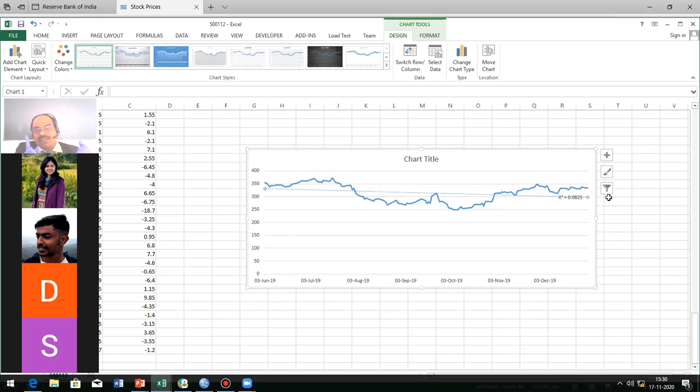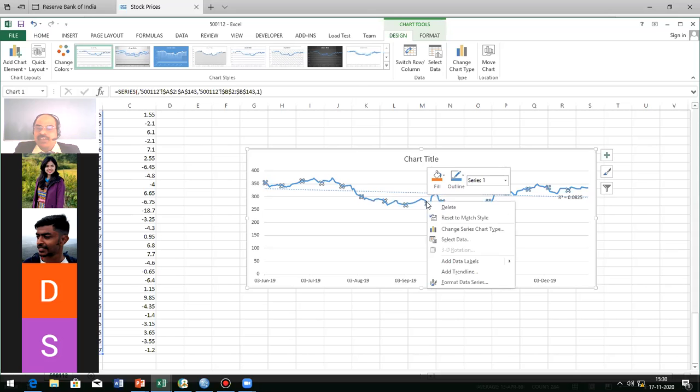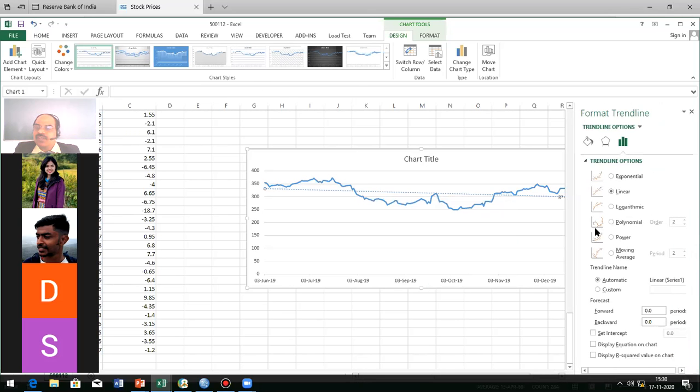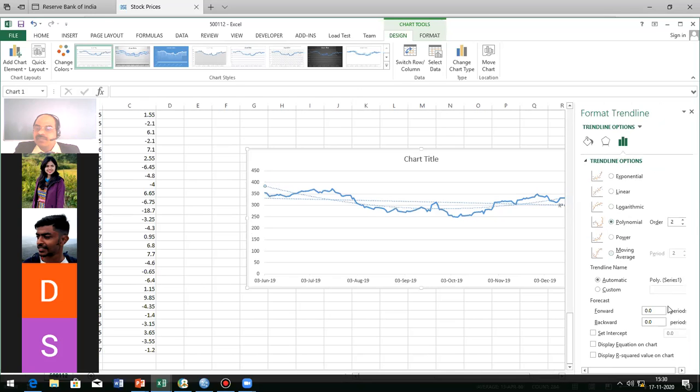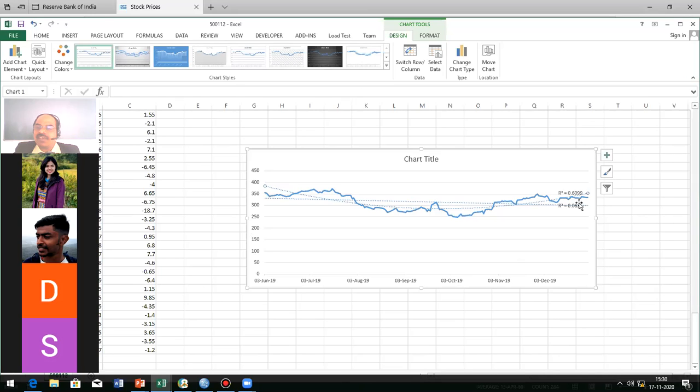Students, understand this. So we cannot process anything further. Next, I will check whether there is another trend. Okay, I am checking the polynomial trend, and I display the R square value. You can see it is now the polynomial trend. It shows that R square is equal to 0.6099. What does it mean?